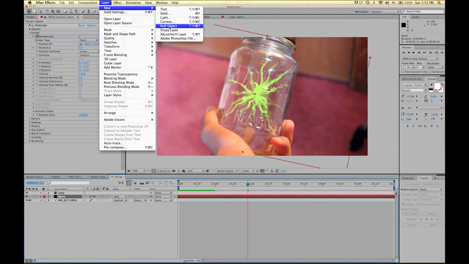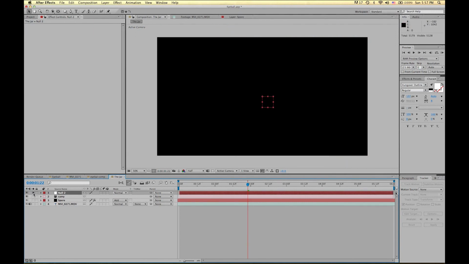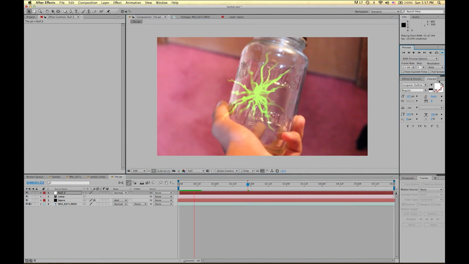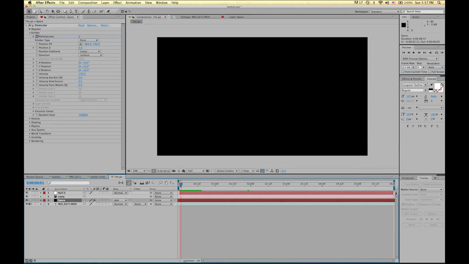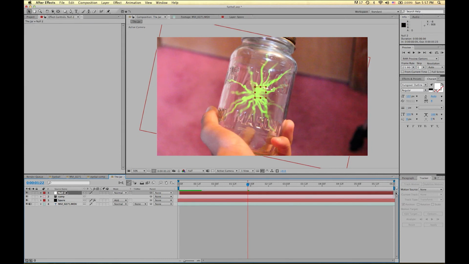Now go to new, null object. Now, a null object, this thing right here, I'm going to solo it so you can see it better. This isn't really anything. It doesn't really actually exist. When you render it, if you click this, which is the render button, it doesn't actually show up. And that's because a null object is just for holding information. Some people could be like, well, why is this important? It's so important for tracking. For instance, let's click our footage here and go to Tracker. If it's not already here, go up to